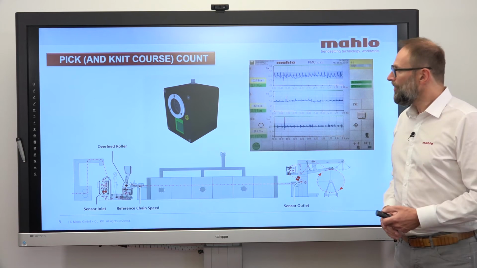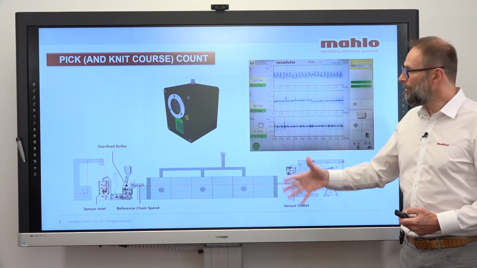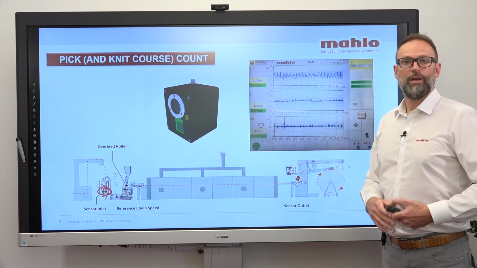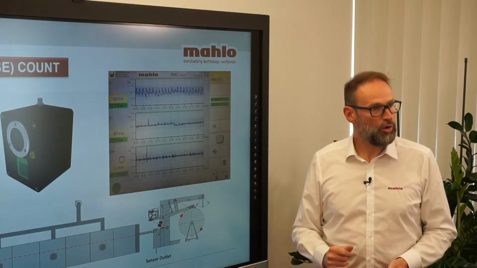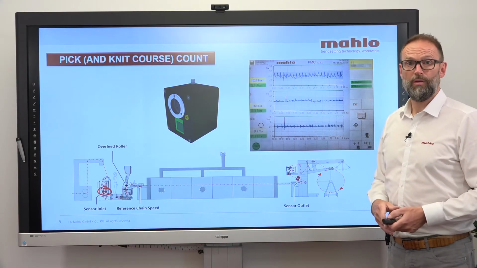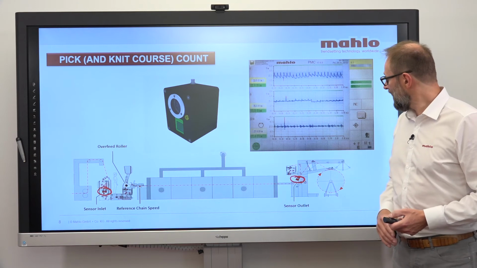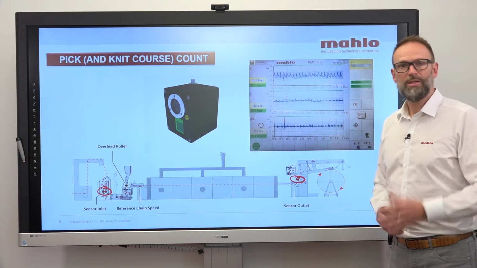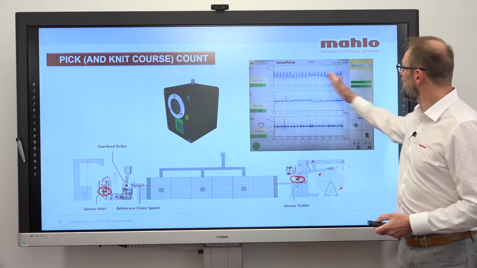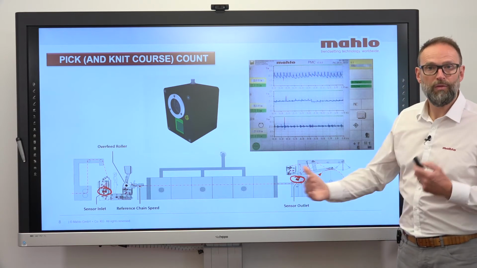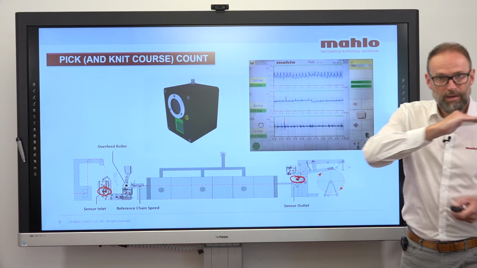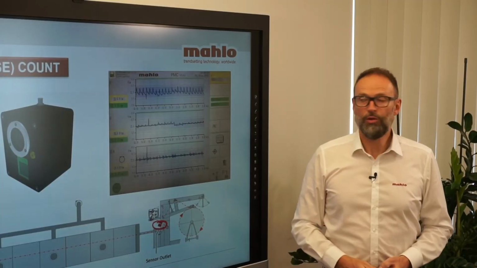So where do we put these sensors? Perhaps the most important is at the inlet, where we have intelligent control, fast forward control measurement, which is directly giving an input to the overfeed of the stenter. But then of course we also have one at the exit, because this is where we want to know what has happened. Here you can see clearly the different frequency of the fabric before, and this is after. You can see quite clearly that the difference is very, very even and very controlled.